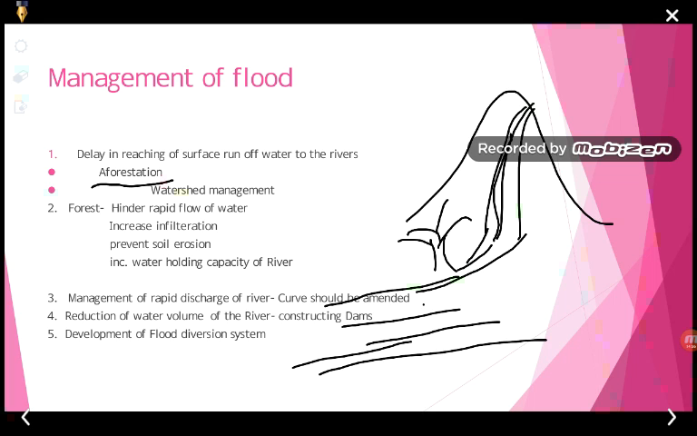Next is watershed management. If the water can be restored in a particular dug well type of structure, or we can say digging the land surface and storing the water, तो watershed management करके हम क्या कर सकते हैं, we can delay the surface runoff of water reaching the river. Next is that